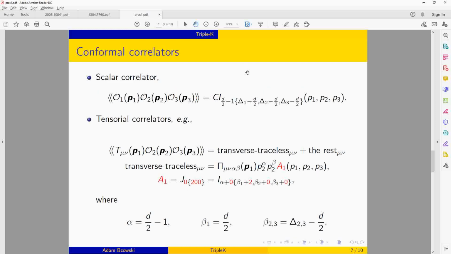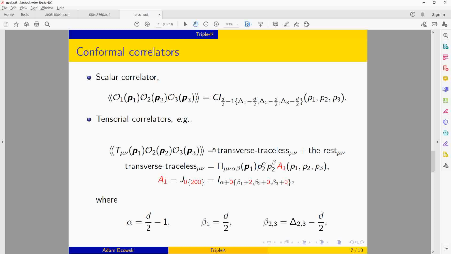Okay, so it turns out that this is not only true for scalar correlation 3-point functions, which is the same expression written here. It's also true for all kinds of tensorial correlation functions. However, you have to work a little bit harder. So let's say for a 3-point function of a stress tensor and 2 scalar operators, first what you have to